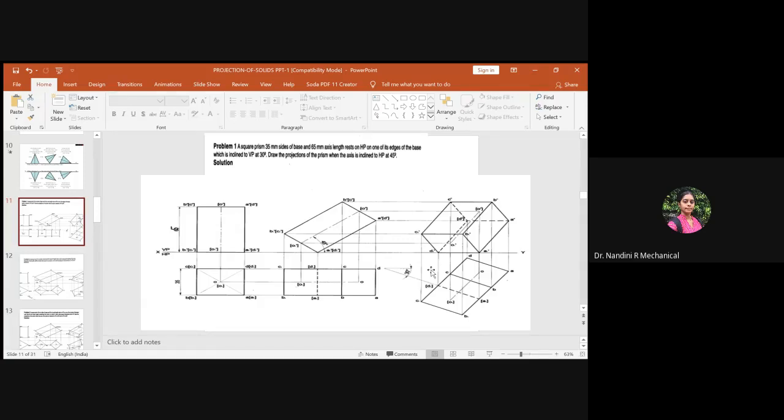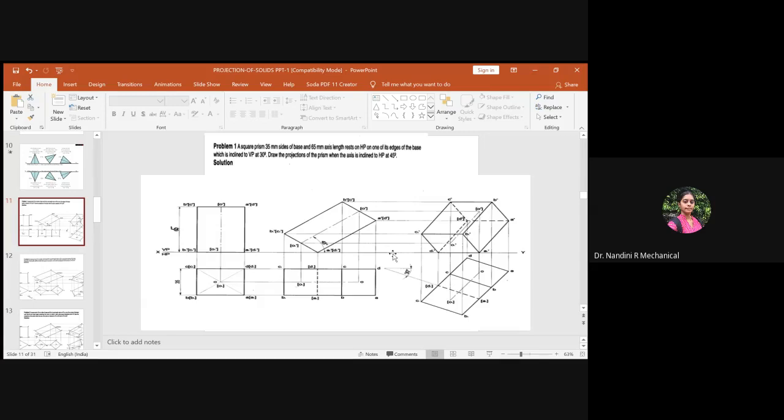The third case is if the axis is inclined to VP, but it is told that it appears to be inclined. In that case we don't determine the apparent angle because it is not directly inclined. It looks as though it appears to be inclined. In that case, no beta angle will be determined. So these are the three categories you have to understand with respect to solving the problem.